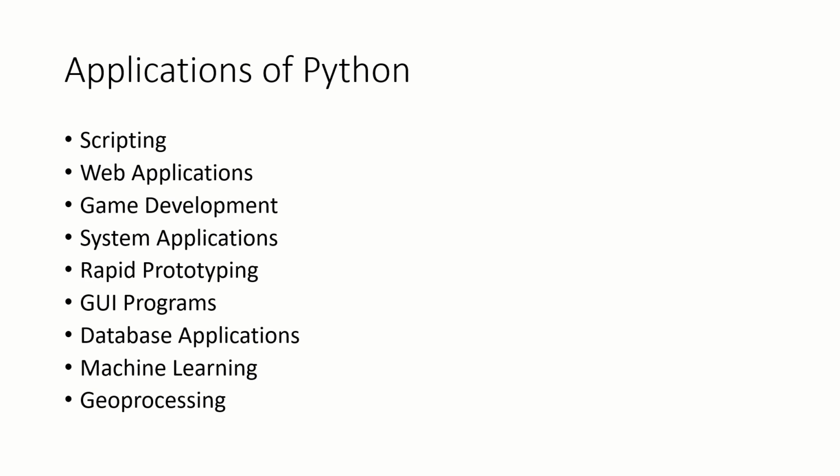In the field of database applications, Python is most widely used. It is also used in machine learning, deep learning, data science, and in the field of geoprocessing. In fact, I would say that ISRO has also launched a program called Overview of Geoprocessing using Python, in which they are teaching students about the raster data model and the vector data model. So these are the applications of Python, and these applications can be considered as a segment of computational physics as well.